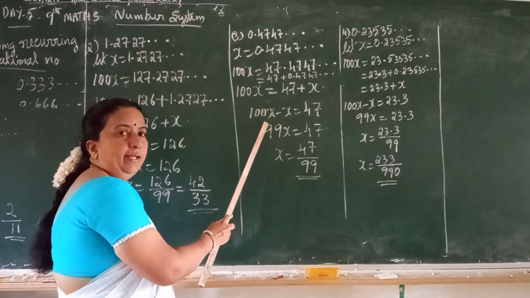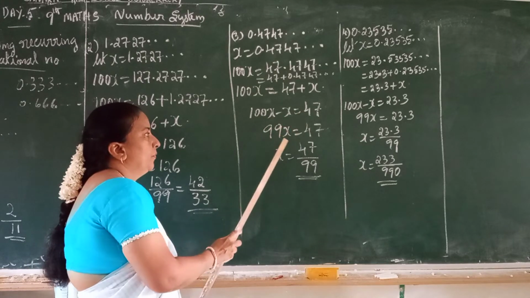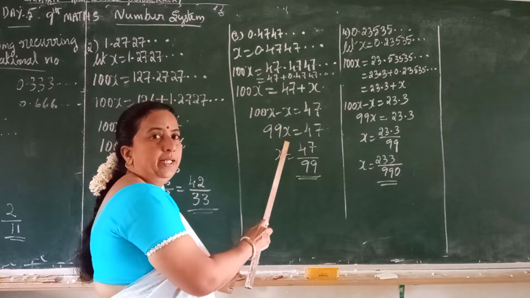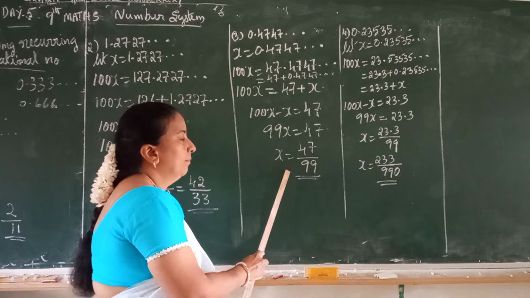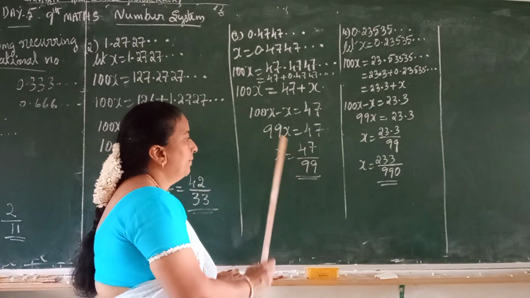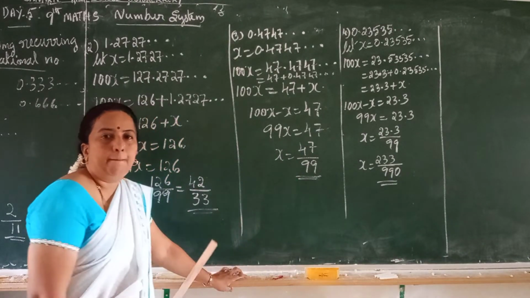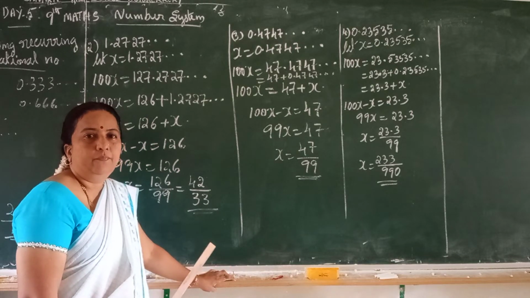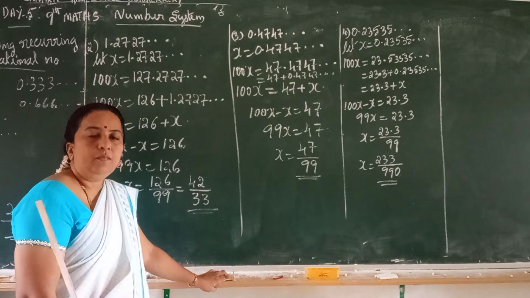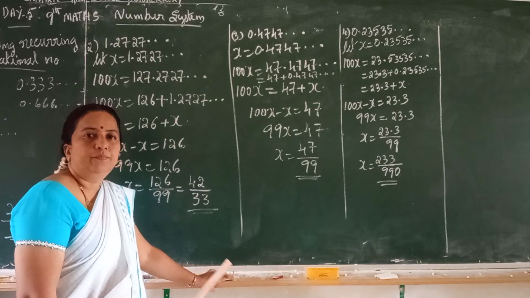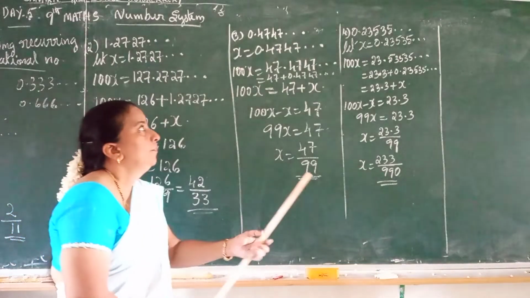Shift x to left hand side. 100x minus x is equal to 47. 99x is equal to 47. x is equal to 47 divided by 99. Completed. Next sum,